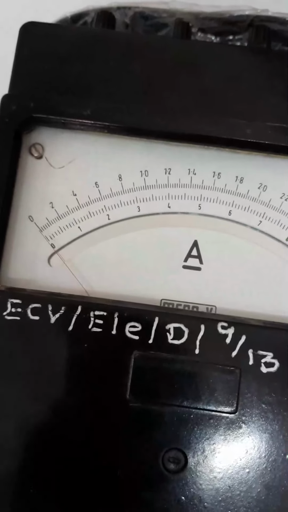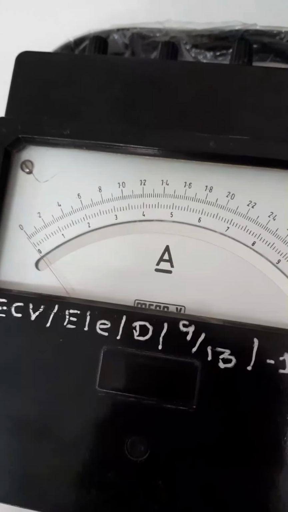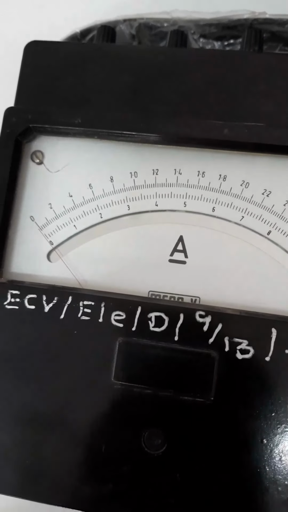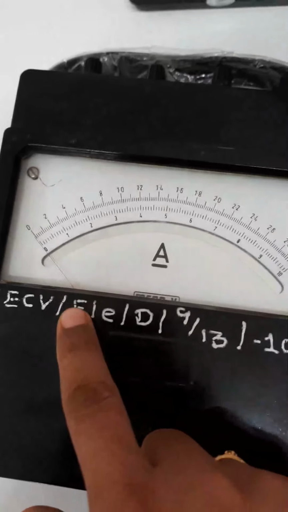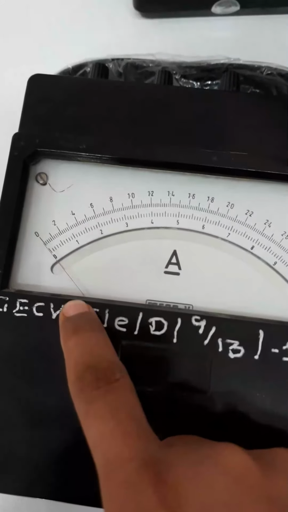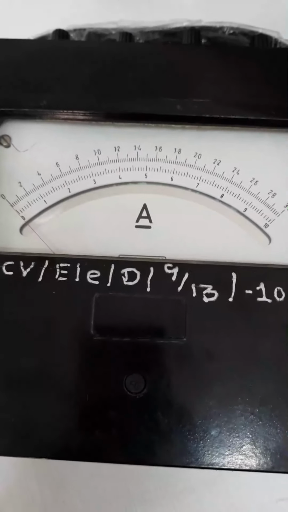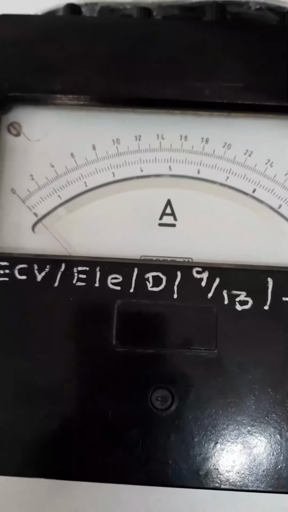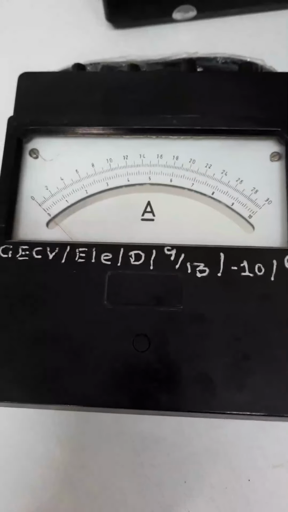And also there is one mirror in between here, so you have to observe the reading perpendicular to your ammeter. Okay, if you observe from this side, then you see that in the mirror there is one line, so that gives you an incorrect reading. So both the lines should be in the same line. When your dial indicator and also the mirror image both are in line, that is your accurate reading. So while you are taking any reading in the ammeter and voltmeter, you have to adjust this alignment and then note down the reading, otherwise that gives you the wrong reading.